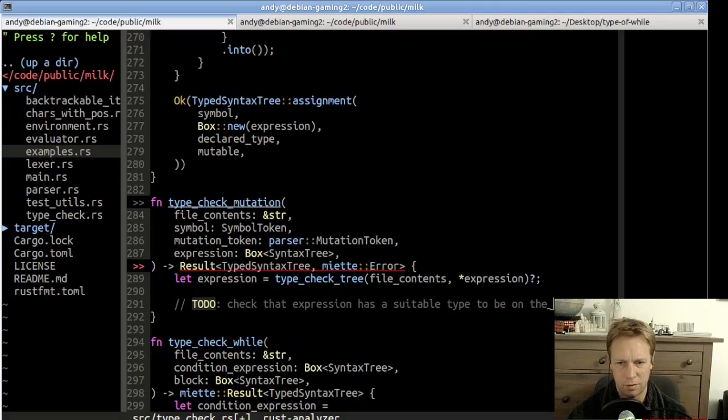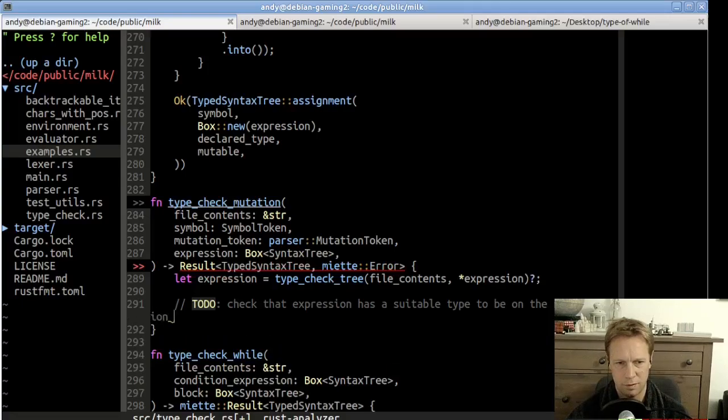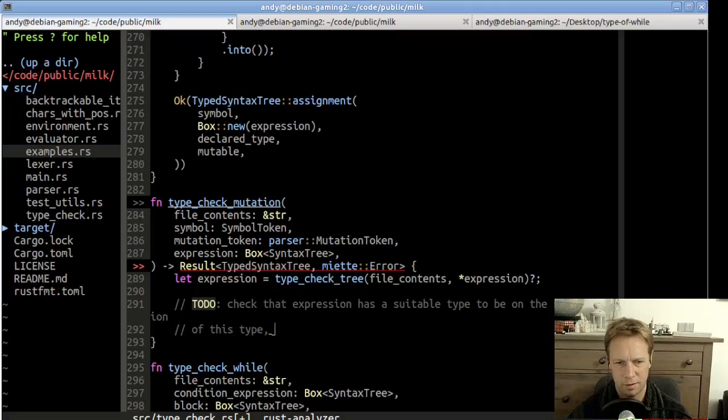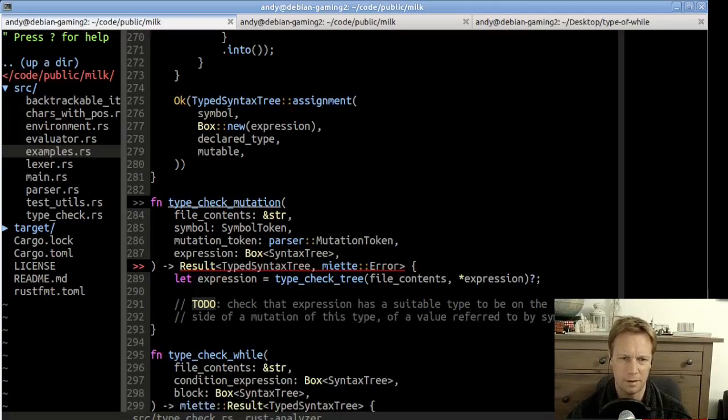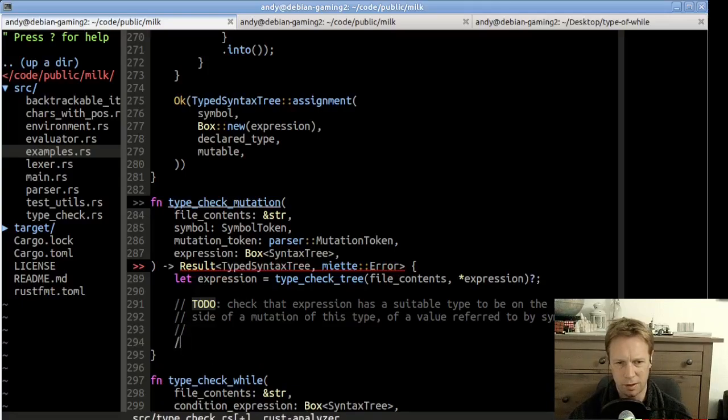to be on the right hand side of, let's write it out, on the right hand side of a mutation of this type of a value referred to by symbol, right? Something like that. So that's all to do, but I think what we're going to actually do here is